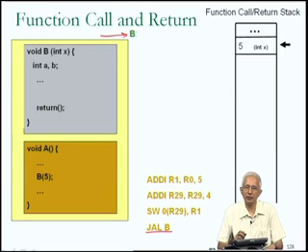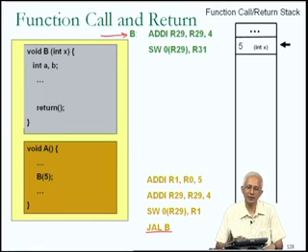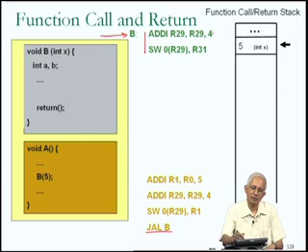Now inside function B, you'll recall, it's important that we remember that return address. Just keeping it in register R31, where it was left by the jump and link instruction, is not going to be safe because of subsequent recursive function calls or nested function calls, etc. Therefore, one of the first things that must be done inside the body of the function B is to save that return address, as we saw, on the stack. How does one save the return address on the stack? Once again, using the instructions corresponding to push. In this particular case, once again, I increment the stack pointer using add immediate R29, R29, -4,